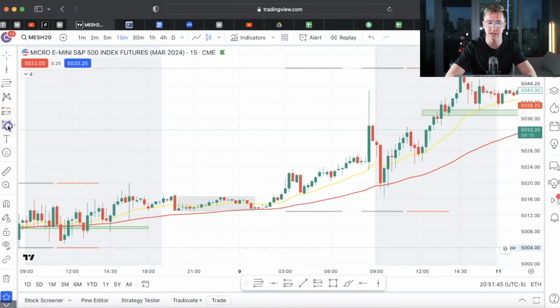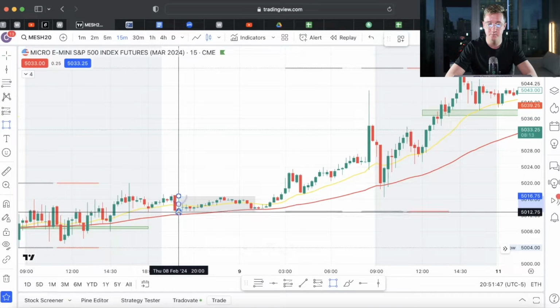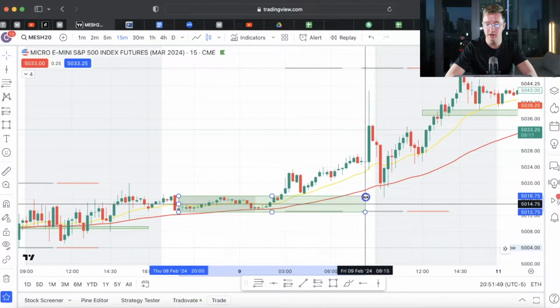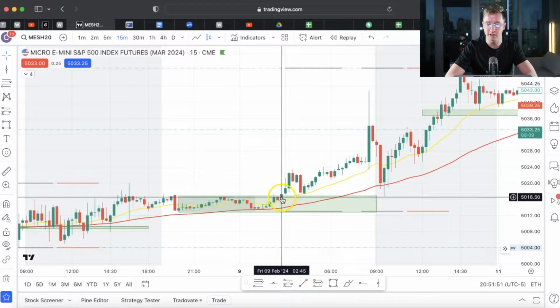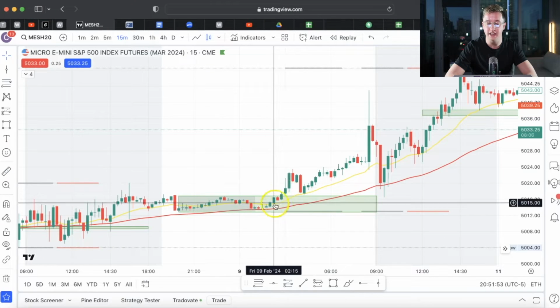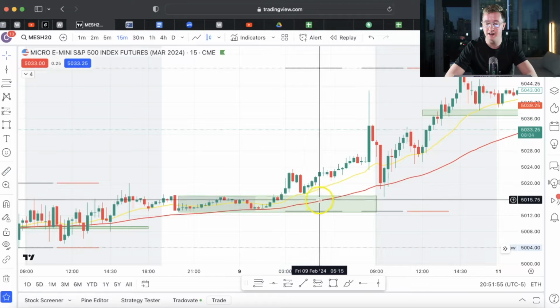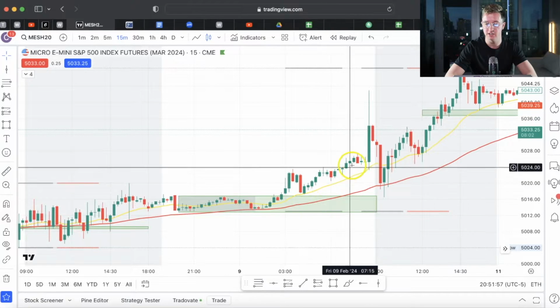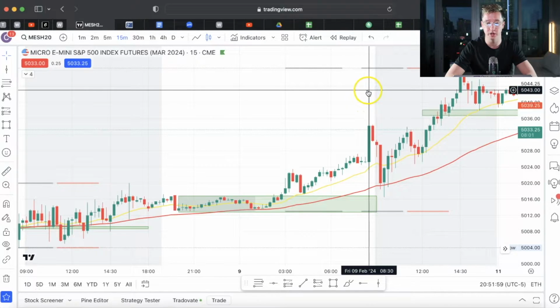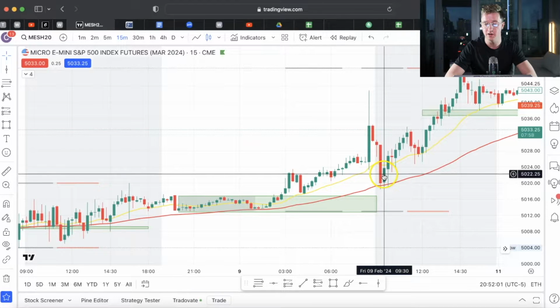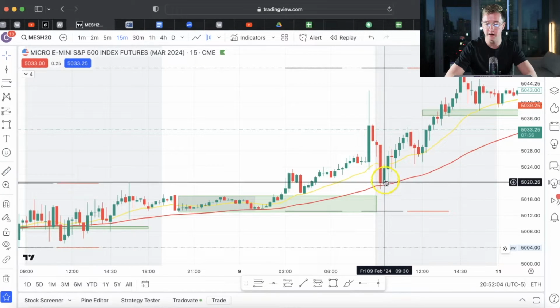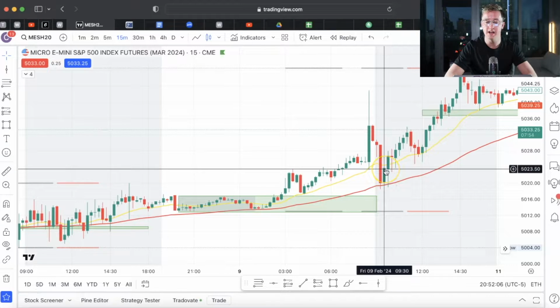Like, look at, here's the Asia session right here. Boom. Into the New York. Look at how price broke up to the upside right here. Broke the Asia high. Never came back in this Asia range. It just kept going up and up. And it had this weird move on Friday. Then it came down. But at the 9:30 to 9:45, we had a hammerhead candle form, and then price